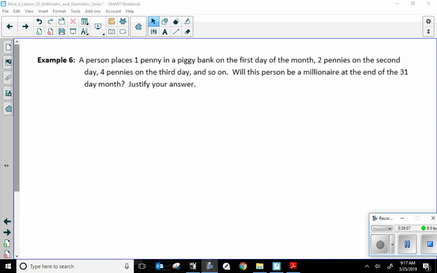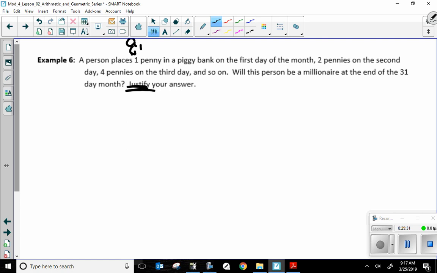A person places a penny in a piggy bank on the first day of the month, 2 pennies on the second day of the month, 4 pennies on the third day, and so forth. Will this person be a millionaire at the end of the 31st day of the month? Justify your answer. Justification means show your math. All right, so first of all, I start